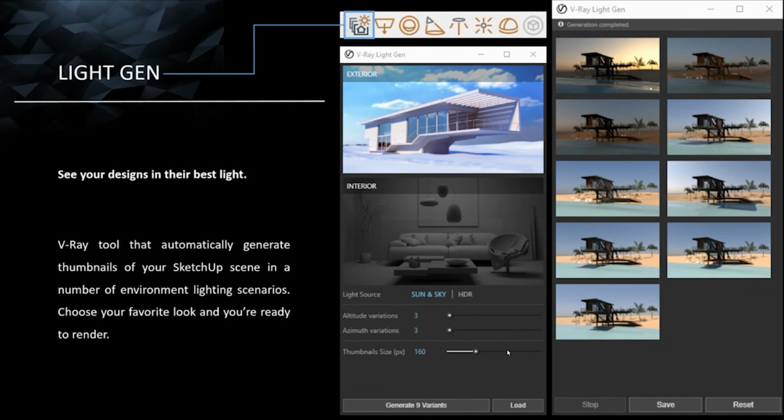For example, we have to spend some time on rotating the HDR. Then we have to spend another part of time going for multiple renders, and we will find the desired results. So now we don't need to do all these things. This LightGen will demonstrate our work in different lighting environments. So from this set of lighting environments, we can choose our favorite one.